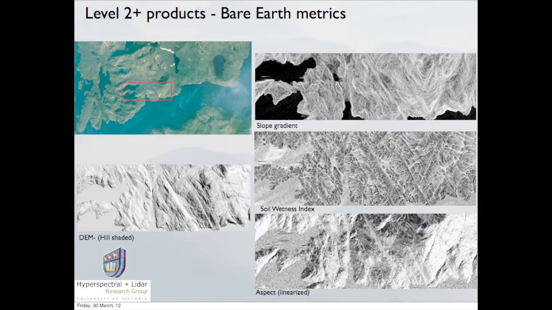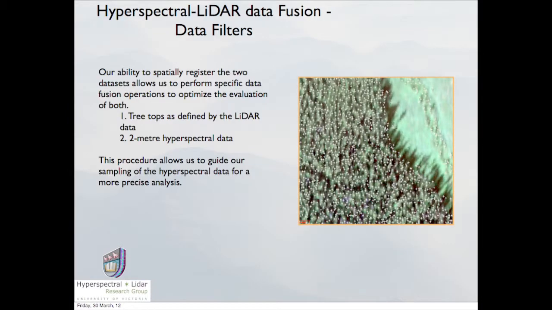What we did was, using the LiDAR canopy data, helicopter data in this case, we extracted the treetops from this, and we mapped the treetops. And then we take those treetops and we superimpose them on top of the hyperspectral data. Right? That's what this represents here. And then we extract a spectrum for each one of those